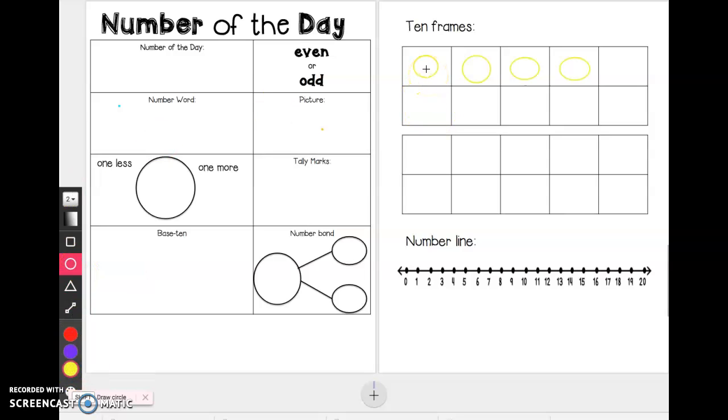So we could use for Judah's, he had 5 toy trucks. 1, 2, 3, 4, 5. And Bentley had 5 toy trucks that were different. 1, 2, 3, 4, 5. So I can easily see when I look at my 10 frame that 5 and 5 more, I'm joining those,